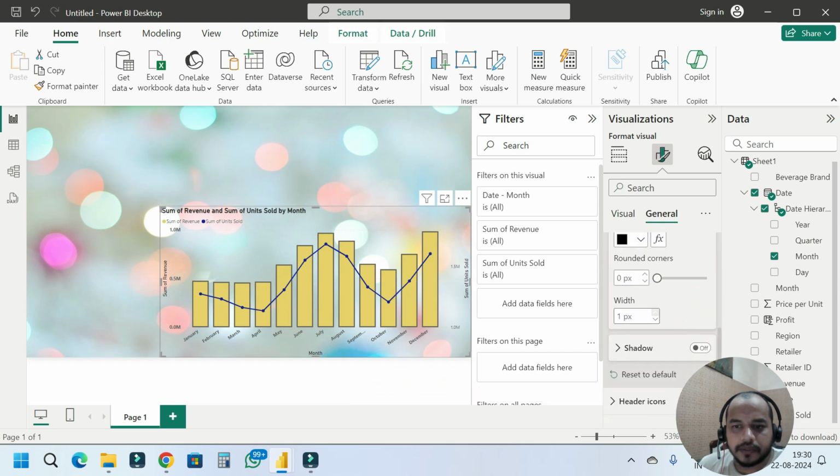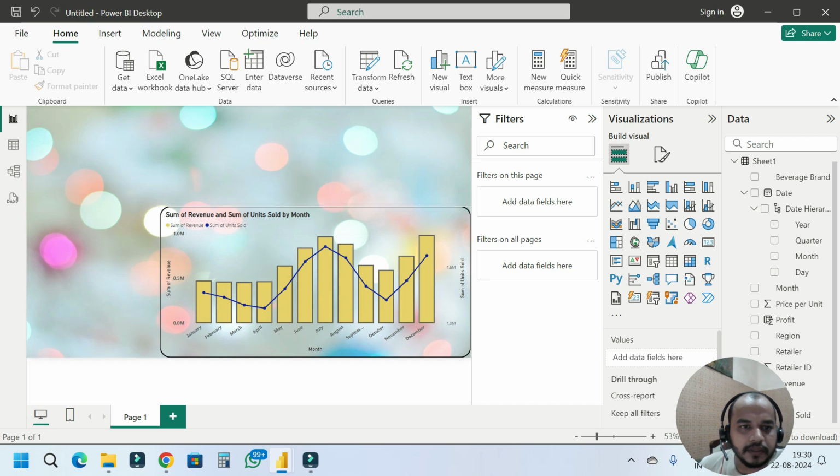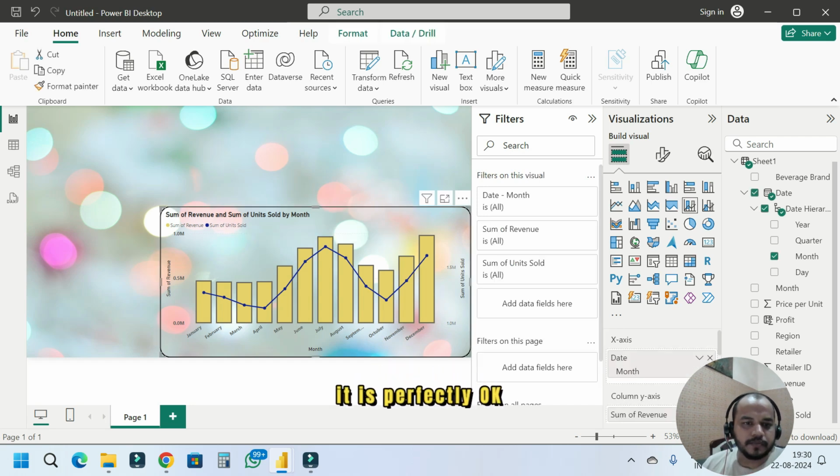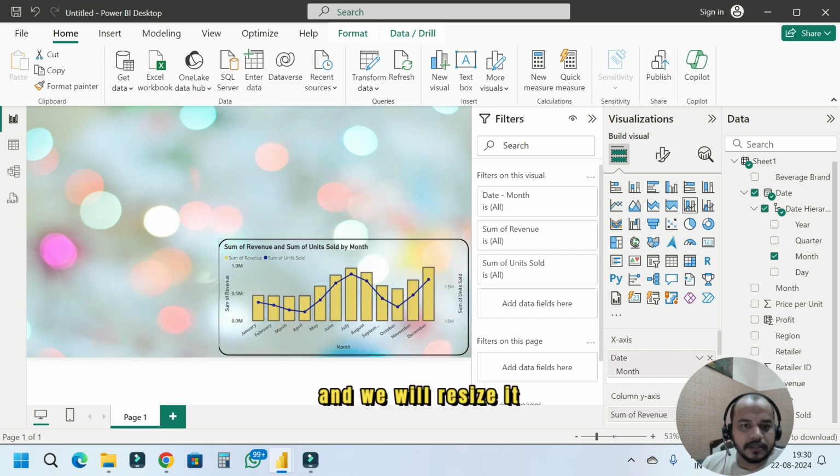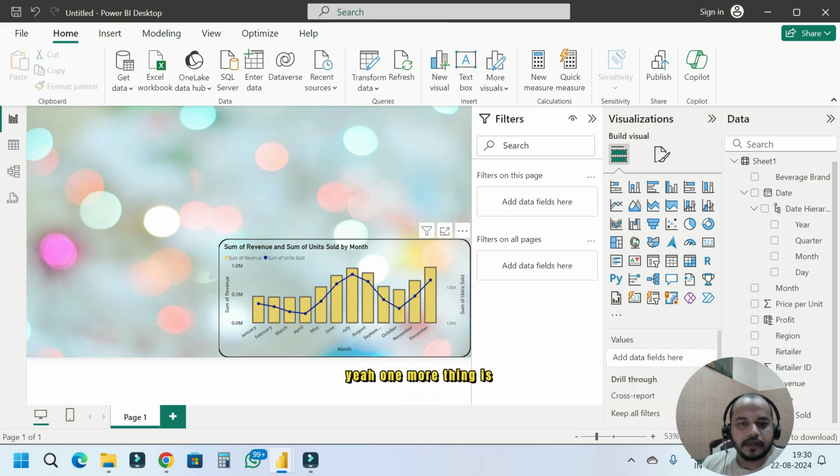visual border, and we will also round the corners, see, like this. Now it is perfectly okay, and we will resize it. And yeah, one more thing is